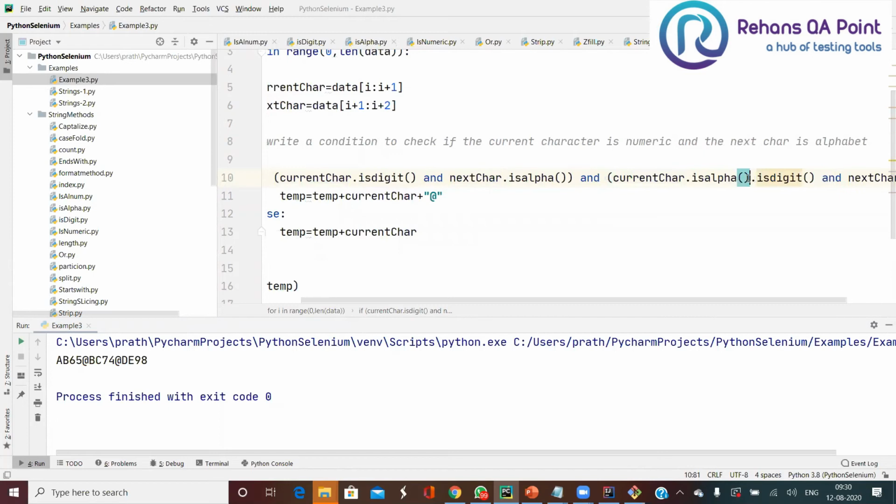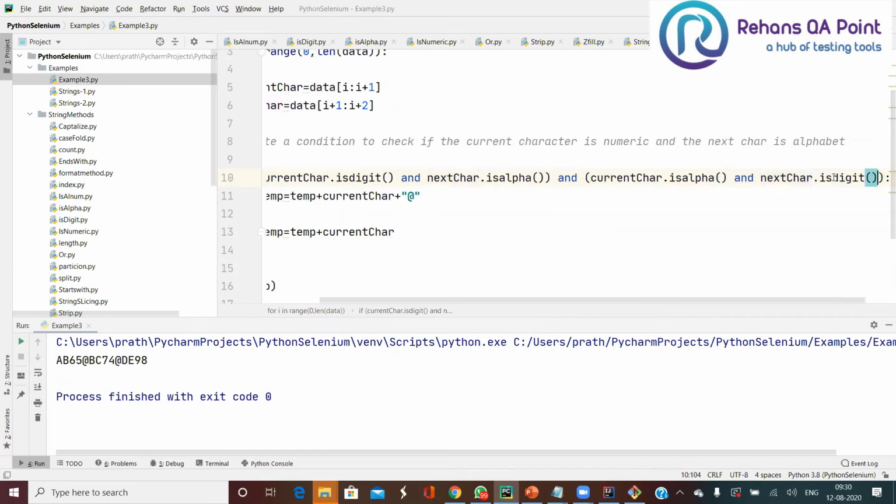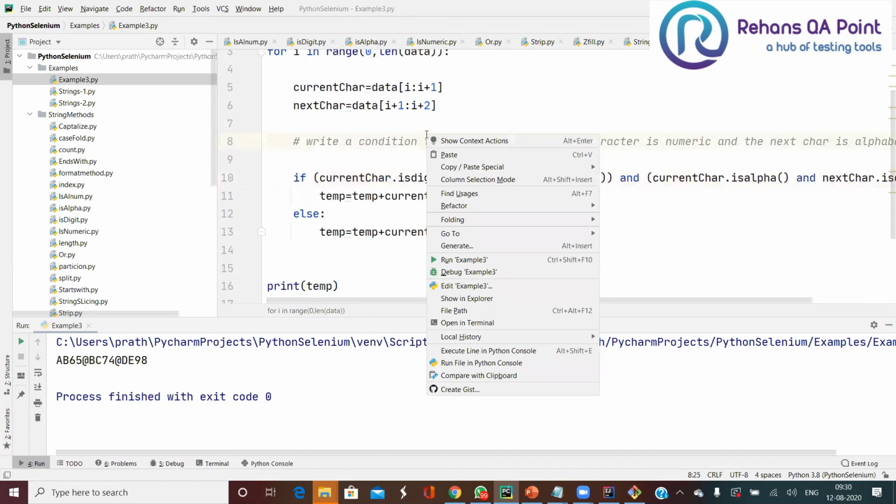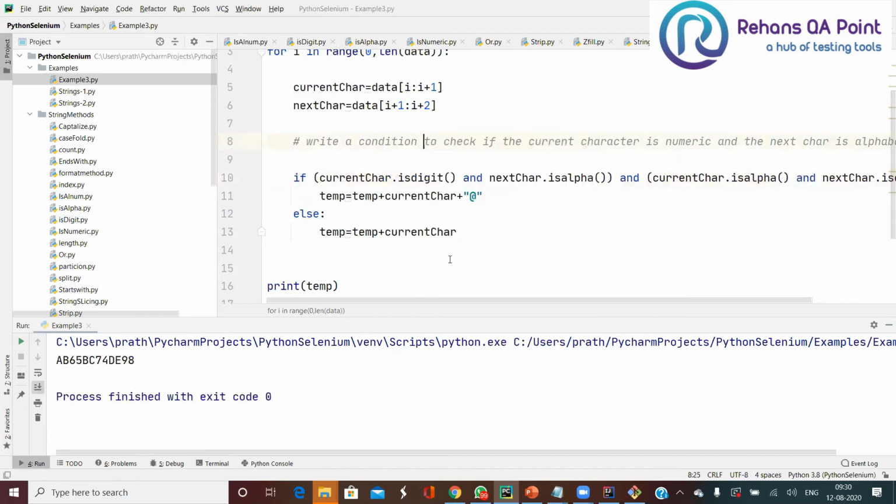Current character is alpha, and then the next character is digit. If it is true, then only I'll allow it to go inside and insert a special character. Now see, nothing is going wrong, or I should keep it as or. Sorry. Now see, it is perfect now.